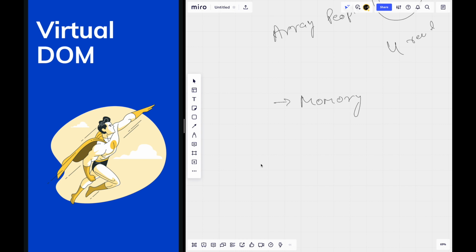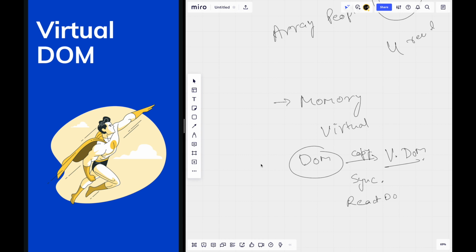It is the real DOM which is painted on the screen. Virtual DOM is just like a blueprint of the real DOM. So there is a DOM, the tree that we just saw, and its copy is known as virtual DOM. So virtual DOM is like a blueprint of the actual DOM which exists in the memory of React, and it is synchronized, it is synced using libraries such as React DOM.